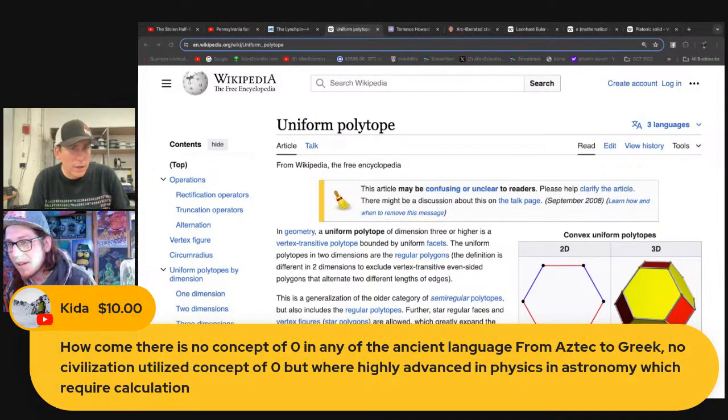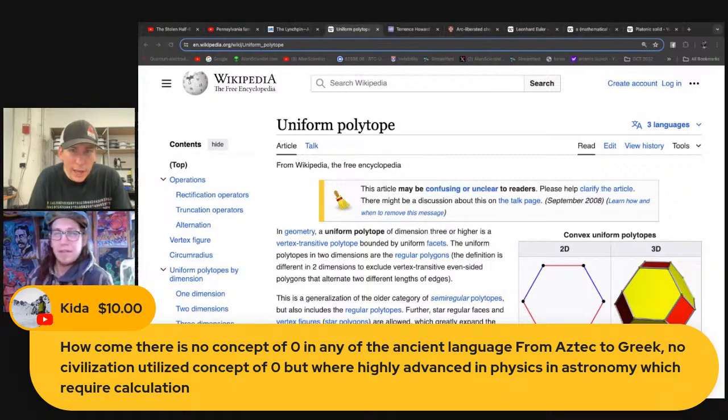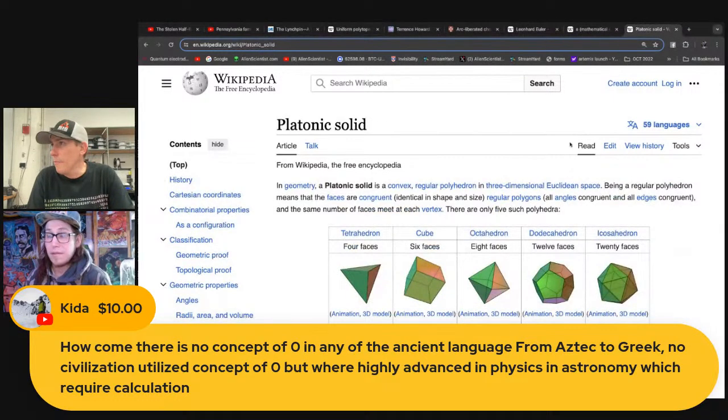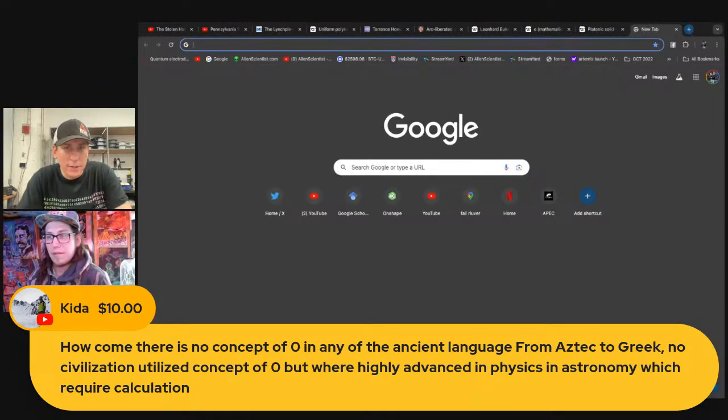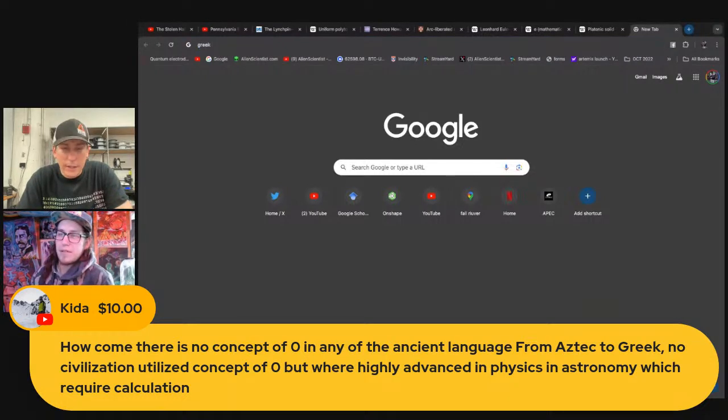Oh, here we are. How come there is no concept of zero in any of the ancient languages from Aztec to Greek? No civilization utilized the concept of zero. We're highly advanced in physics and astronomy, which required calculation. You know, I'm maybe mistaken, but how ancient are we talking? So Aztec to Greek. So Greek